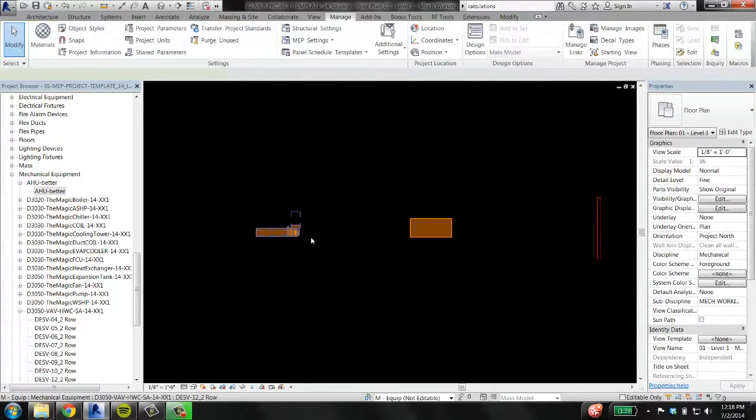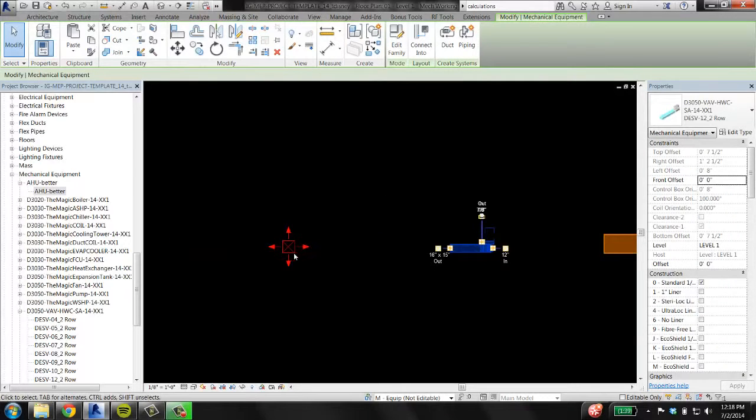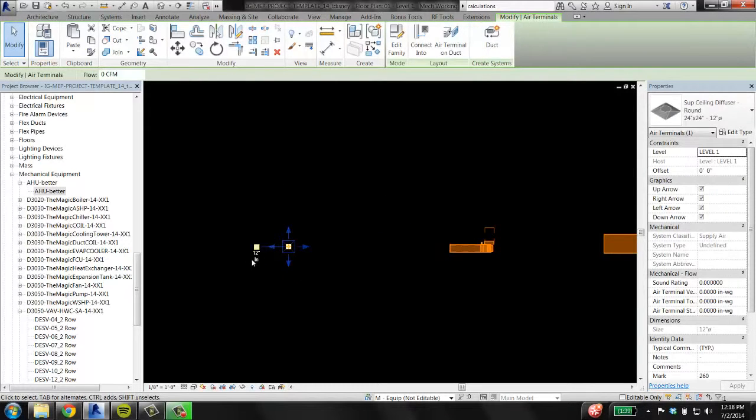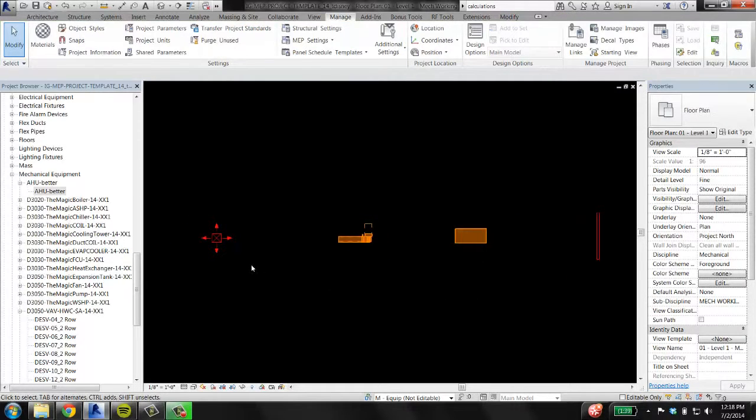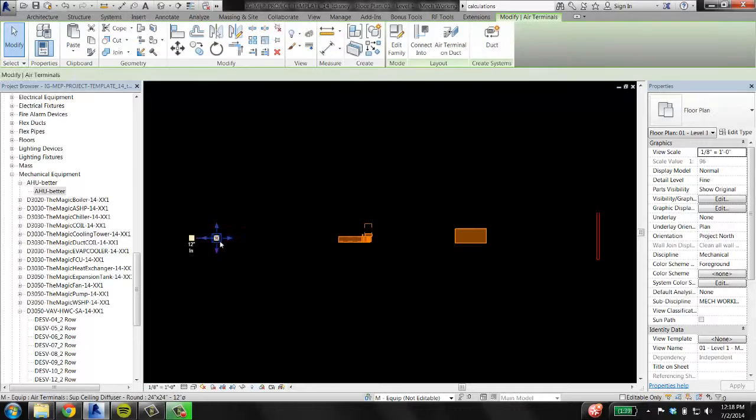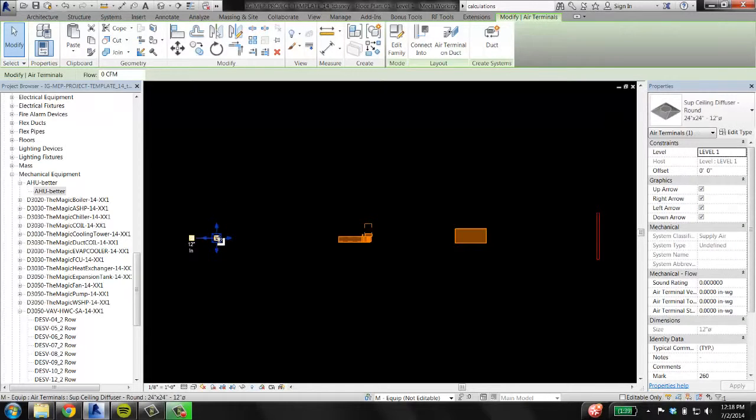In, out, in, out, in. Perfect. Our flow directions are correct. Next step is to create these systems, the duct systems, because you never want duct systems to be on unassigned systems. So we're just going to click on the first guy, the lowest guy in the hierarchy, say create system